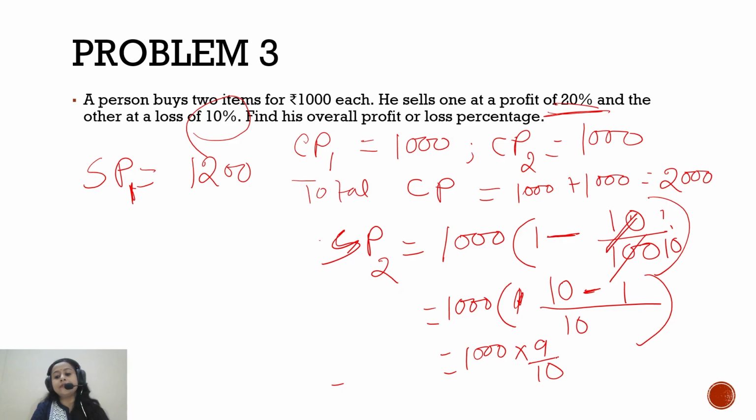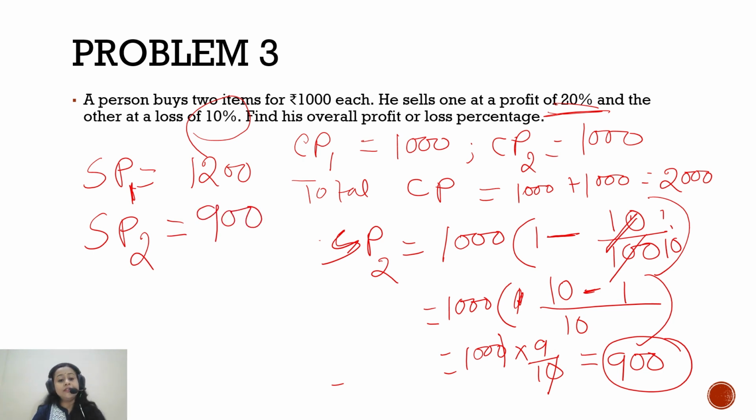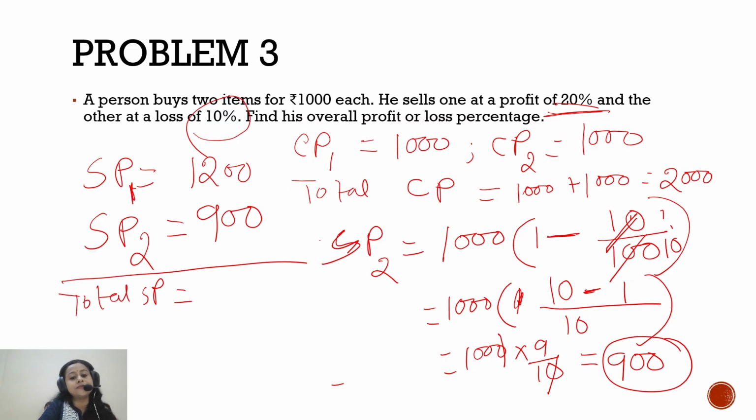Okay, and 0 will cancel out, and finally we will have 900 as selling price. So selling price of second item is 900. Fine. Now what is the total selling price? Because we are interested to find out total selling price. So total selling price will be